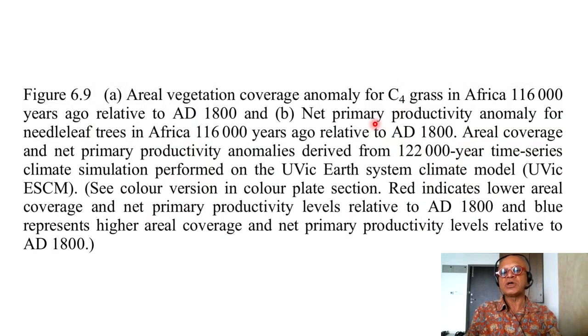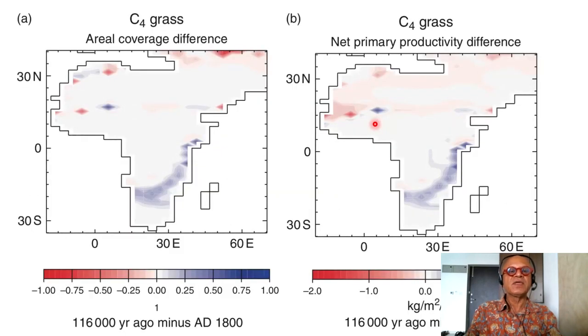Aerial vegetation coverage for C4 and C3 grasses here now for the same period, so 116,000 years ago. You can see there are patchy changes in the northern part and at the front, but there are increases in aerial coverage as well as net primary productivity here, and you can see the patchiness here as well. So you have to put all those together: the grazers, browsers, megafauna, hominins, all together would have been reacting or